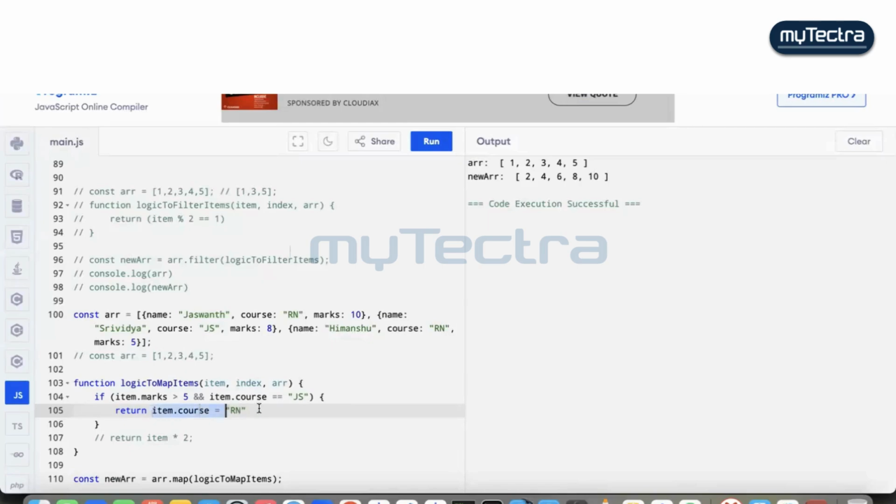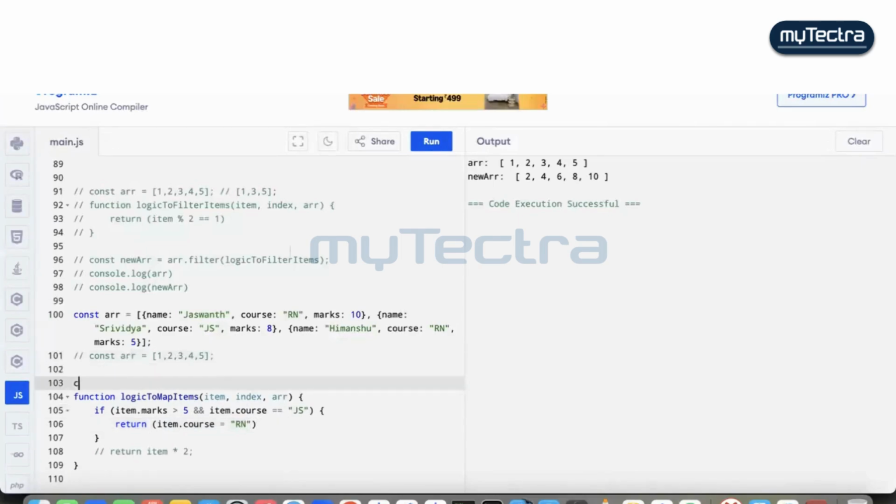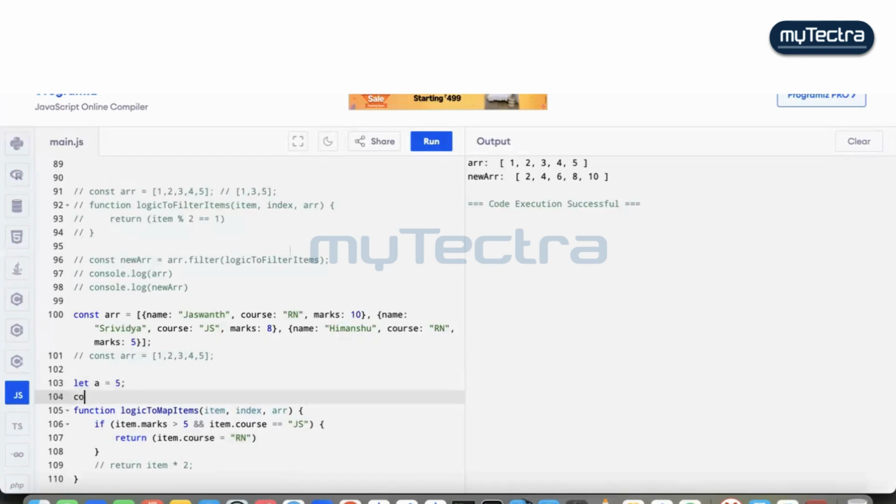Do you think it's a valid expression? No. Basically, what you are doing here is, I'll explain. Let's say this is a let statement, let a equal to 5. Now, what you are trying to do over here is